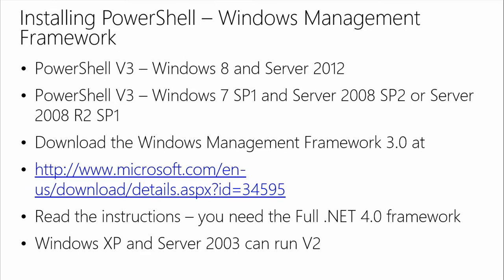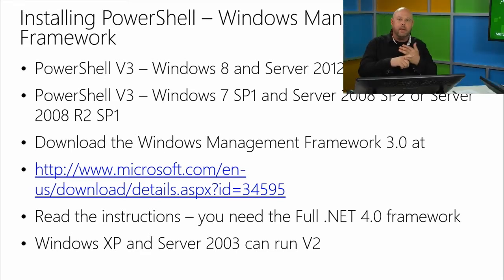Now you can download this. Version 3 is referred to as the Windows Management Framework, and I have a link there for you where you can download it. Now guys, take a moment and read the instructions for this. A couple of things for you. First of all, you're going to need the full version of the .NET 4.0 framework, not the client install. So make sure you install the full version of it so that the update can run